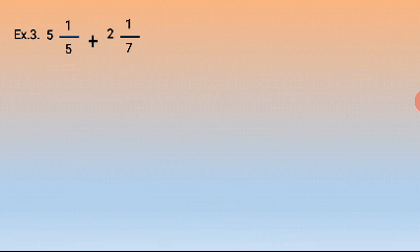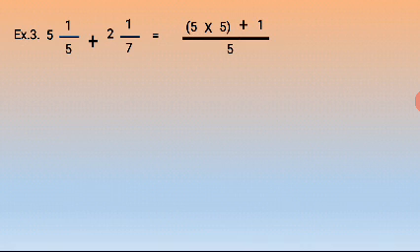5 and 1 upon 5 plus 2 and 1 upon 7. In these two mixed fractions, 5 and 2 are whole numbers, but 1 upon 5 and 1 upon 7 are fractions that are unlike fractions. Unlike fractions means the denominators of the fractions are different, so they are called unlike fractions. We write this example again, 5 and 1 upon 5. Now we